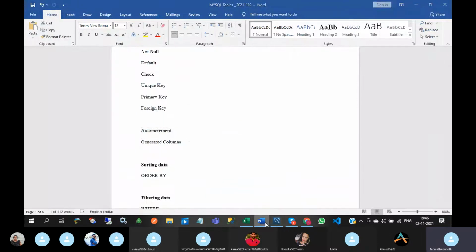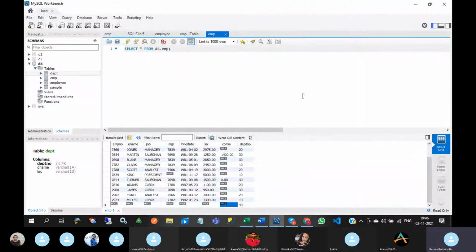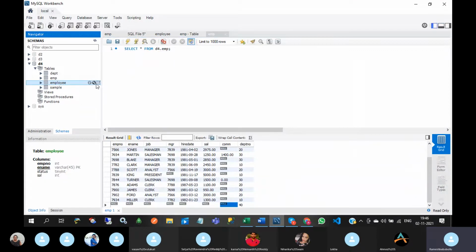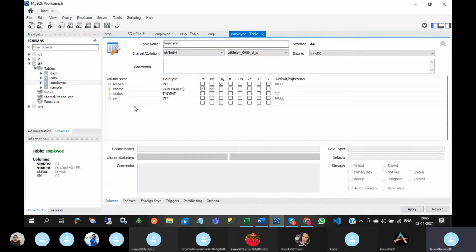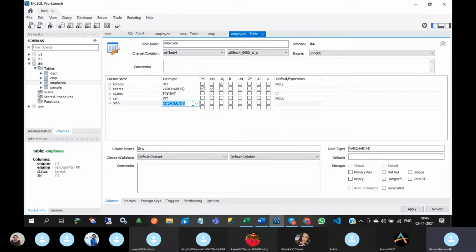Auto increment. So auto increment means it is used to generate the serial number. Like go to this employee table. Int AI. See this auto incremental.